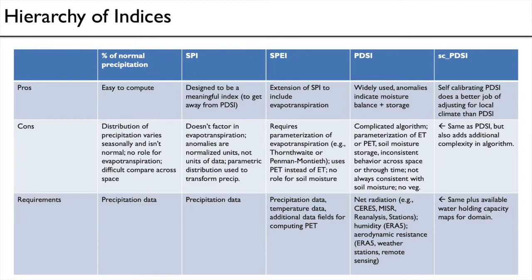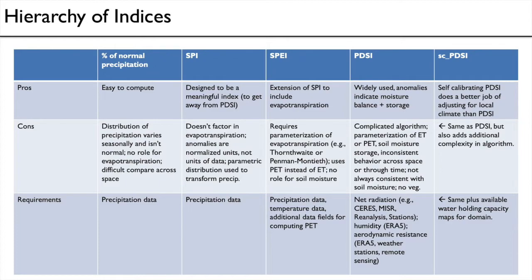You can look at the literature, you can look at the papers and get into the details of the algorithm. It's not a simple series of steps that are easy to implement in your Python code or your MATLAB code. There are code bases out there that we'll share that you can use to compute it, but it's something to be aware of. And it also requires more data. So for Penman-Monteith, you need to actually have those fields somehow. And in many regions around the world, it's not so easy to get humidity data or radiation data. And so you probably have to rely on reanalysis. So maybe ERA5 would be a good reanalysis product to use to compute PDSI more accurately.